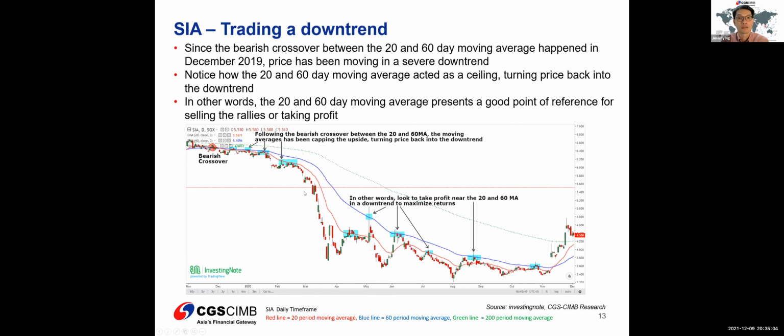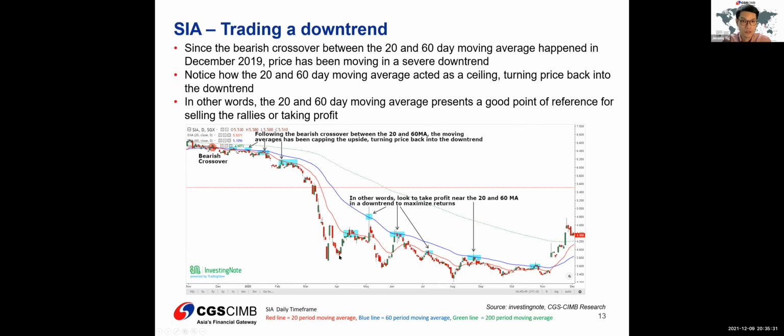But more importantly is how the 20 and 60-day moving averages tend to become a major ceiling here once we turn into a downtrend. And what I mean by that is every single rebound that we saw during this period of bear market, the 20 as well as the 60-day moving average becomes the ceiling here that caps the upside. So for those that have an existing position in SIA during this period,